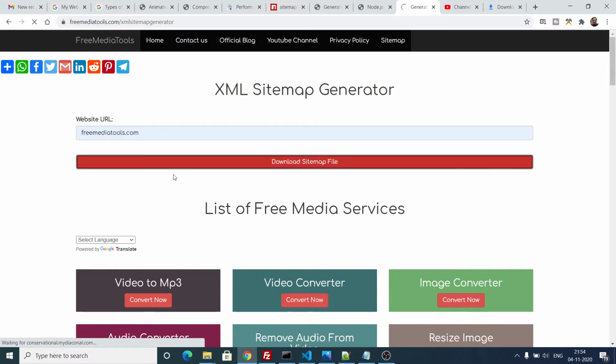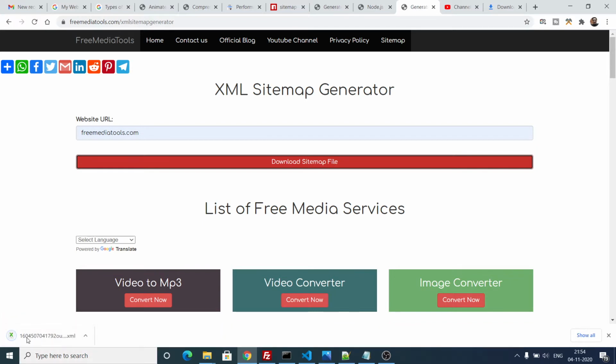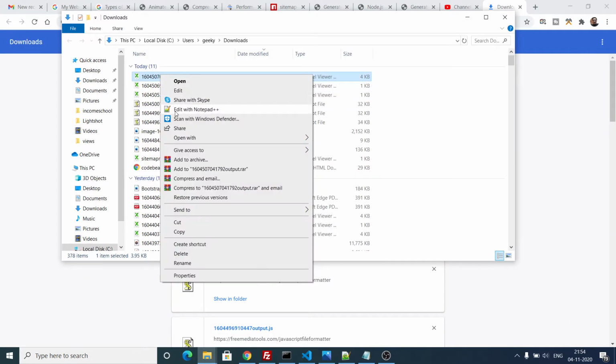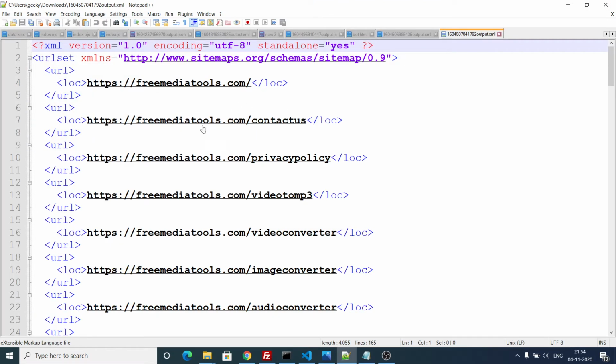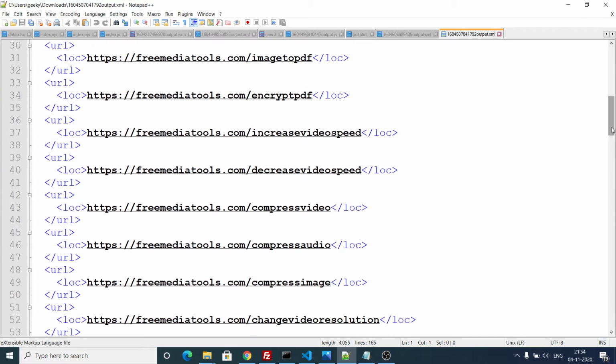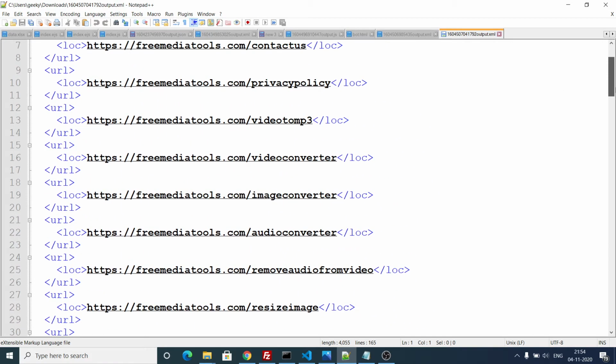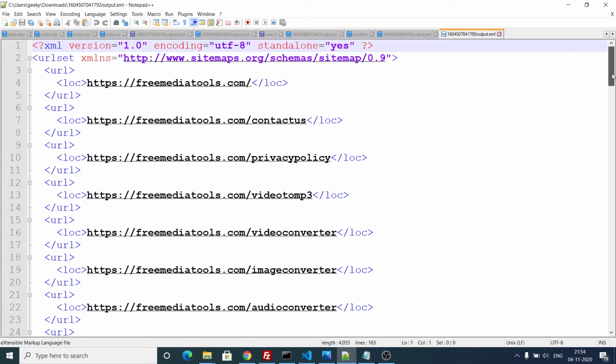It will just wait and calculate in the background. Once this is complete, it will download the sitemap as an attachment. You will see it has downloaded the sitemap of the website as an XML file. If I open this XML file, you will see it contains all the links. It is very useful for the SEO of the website whenever you are submitting this sitemap to Google Search Console. So you can generate the sitemap through this online tool, and then submit it to Google Search Console. You will see this is the sitemap here.